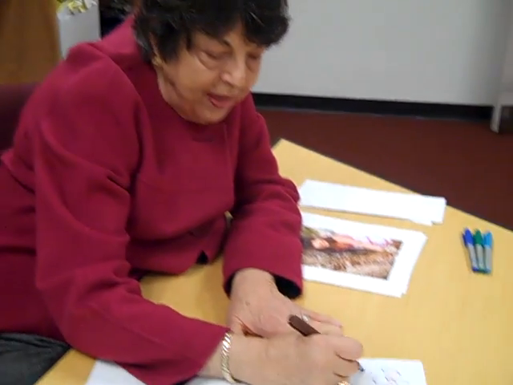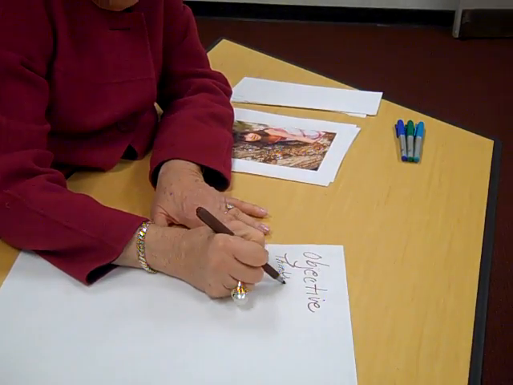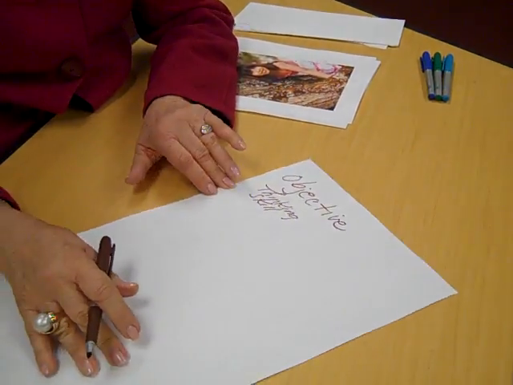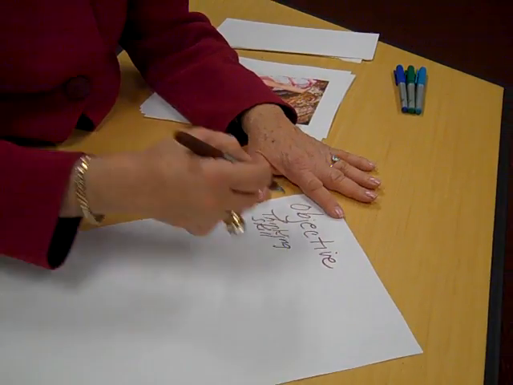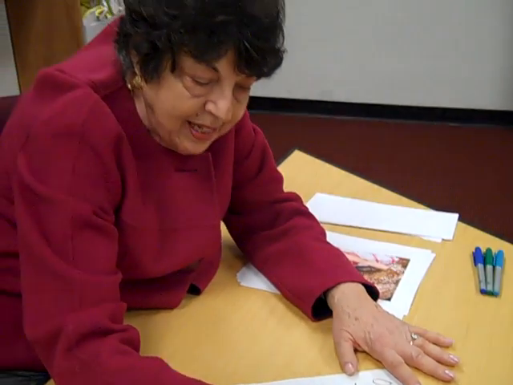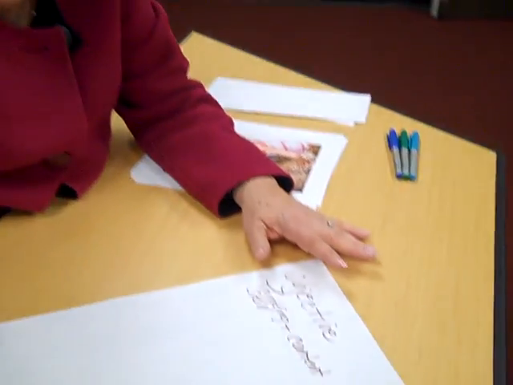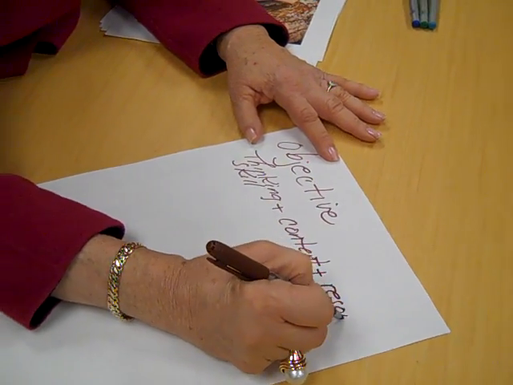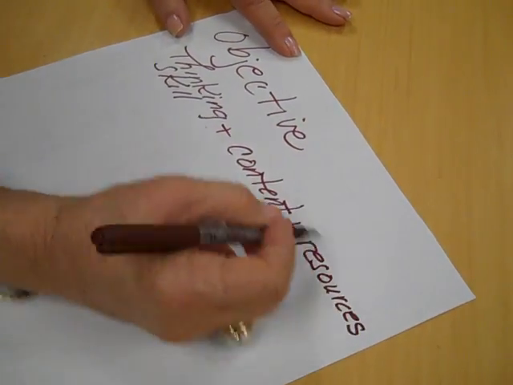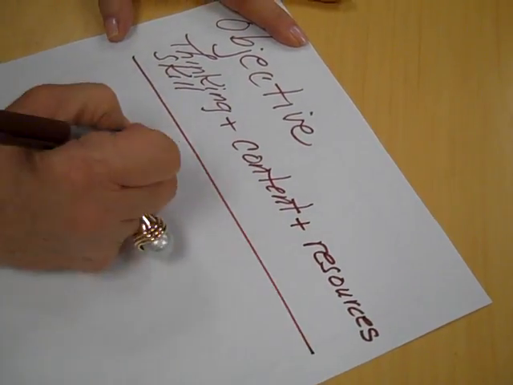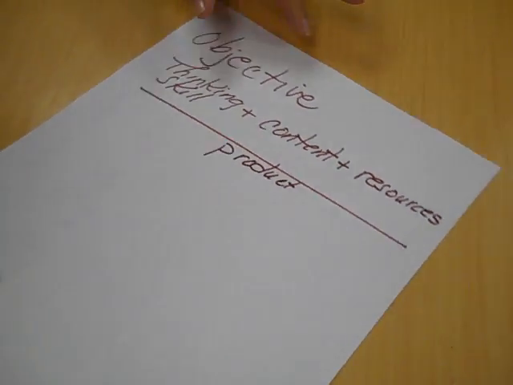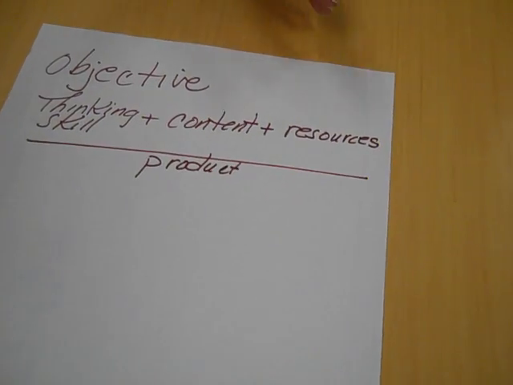It talks about the thinking skill that we are trying to accomplish, such as the critical thinking skill of proving with evidence. It addresses the content, the subject matter, whether it's science or whether it happens to be social studies. It addresses the resources that, in fact, we want students to be able to use, and it also is underscored then by a product, an end result, a way in which we can assess the degrees to which students have